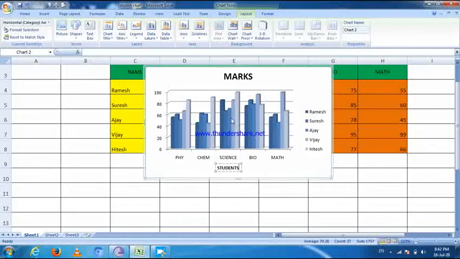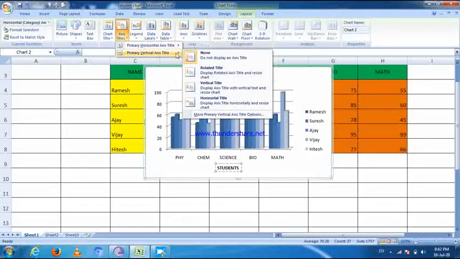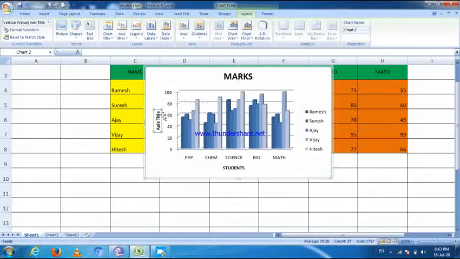यानी जो charts है, charts के नीचे आपको वो axis title दिखेगा. Then the second option, primary vertical axis. Then you can select rotated titles. Okay, I am selecting the rotated titles. Then you can see what changes on this chart. Okay, this axis title appears on the left side. Then you can rotate it to any rotation. Okay, that's rotated. यानी आप कहाँ भी उसको rotate कर सकते हैं. Then you can type a name on this axis title.